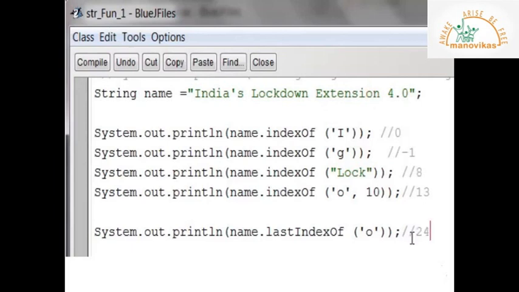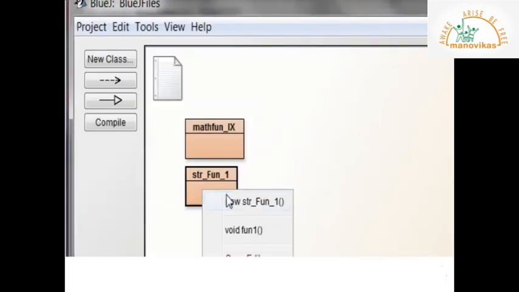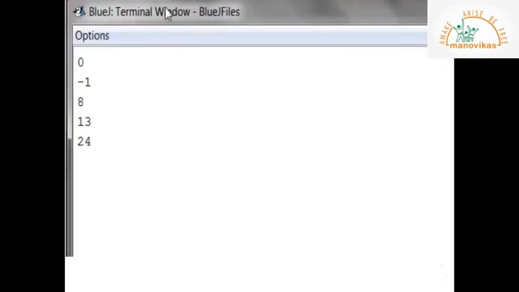Okay, let's see the result. Let's see the output. You can just verify this.